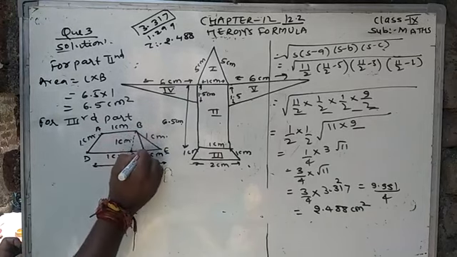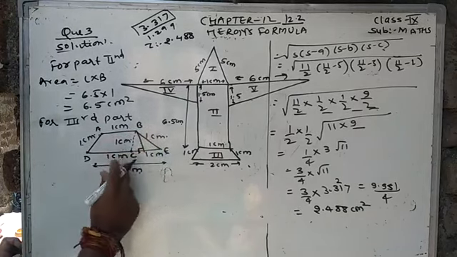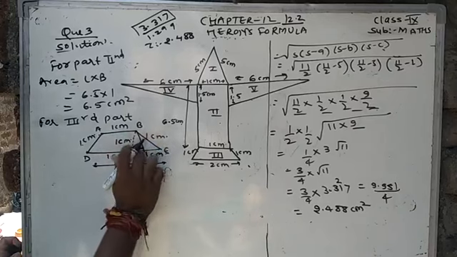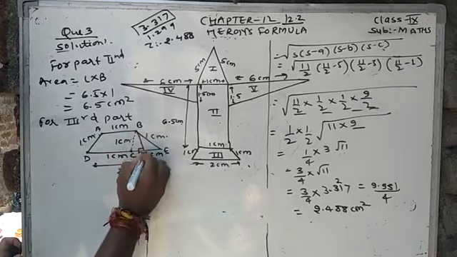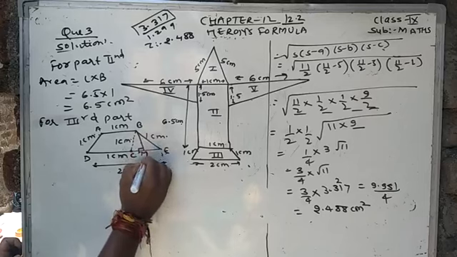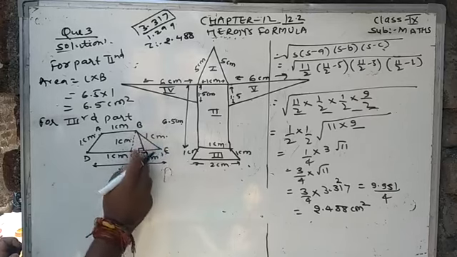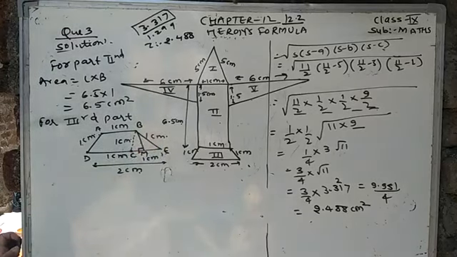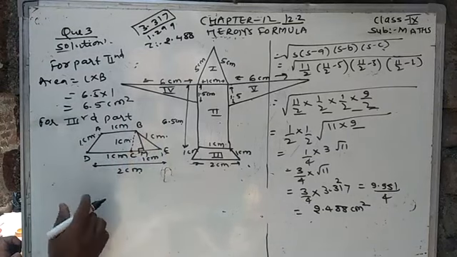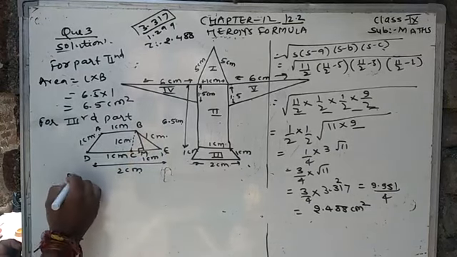Draw a perpendicular from B to DE, and it is BM. BM is 1 centimeter. It is perpendicular and basically it is the height of the trapezium. So from the figure